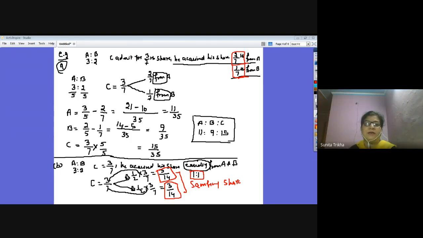When ratio is given, first you have to calculate the sacrificing share of the partner, then deduct the sacrificing share from the old share of the partner, and you get the new profit sharing ratio. So today we did these two cases of admission, how to calculate the new ratio. There are so many questions related to this. You have to do after this; next time we will solve the next type of